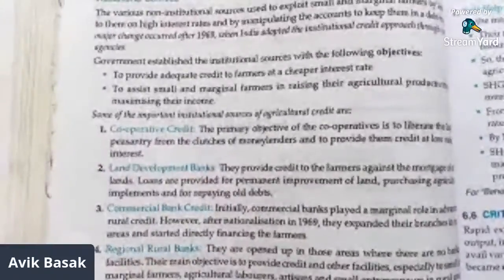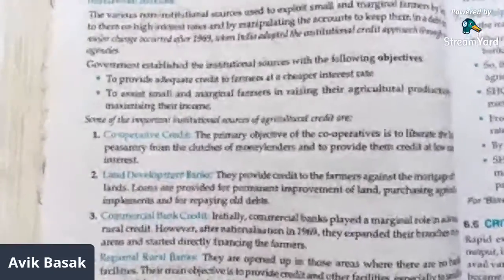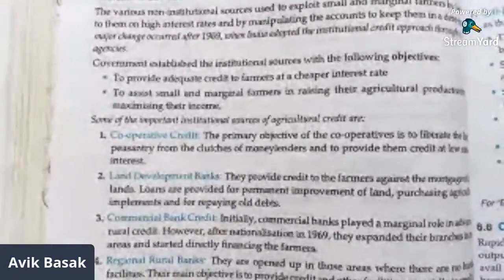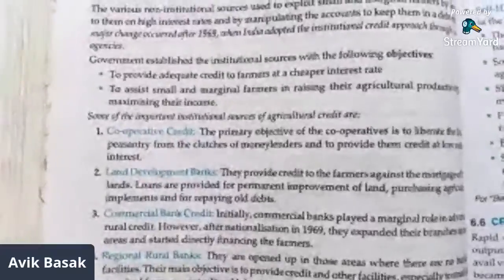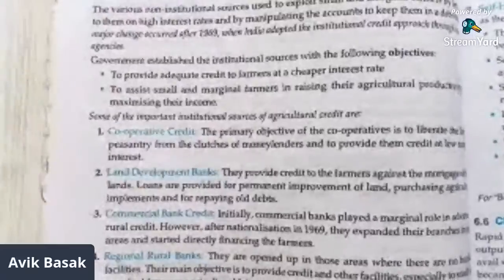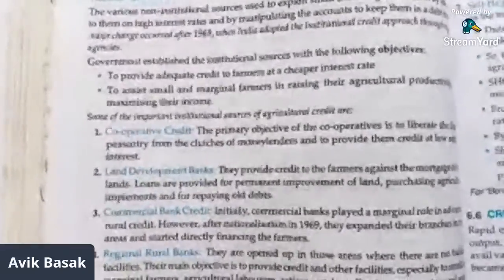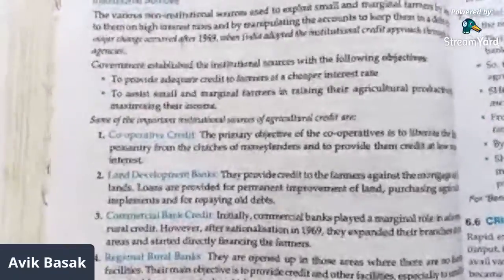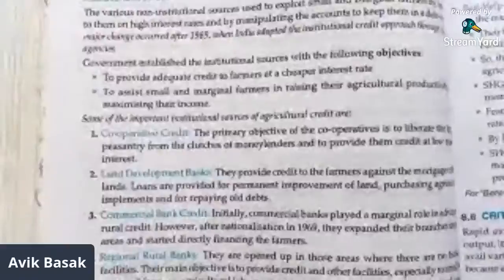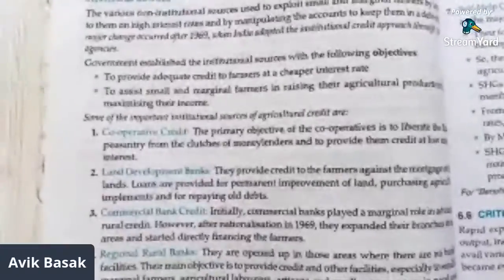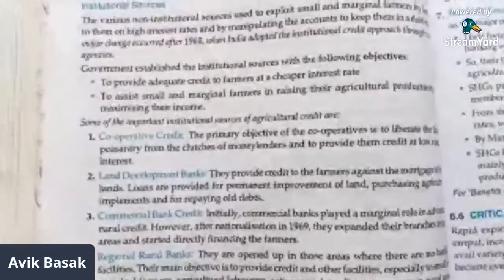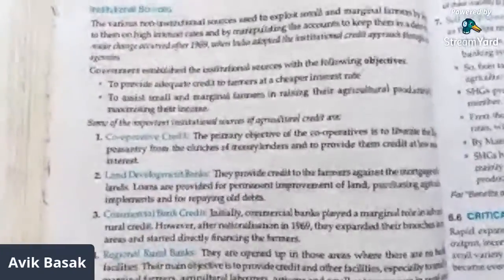The Land Development Bank is a bank that provides loans, but in return the farmer has to keep something as a mortgage. Then what will a farmer keep? The farmer has nothing. So the government said, just keep your land with me as a mortgage. Your land is your only asset, so work on that land. I will just keep the land mortgaged with me, and you take the loan from me and start working